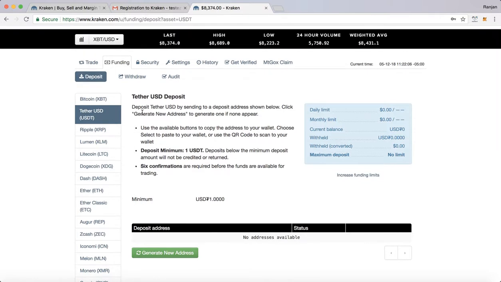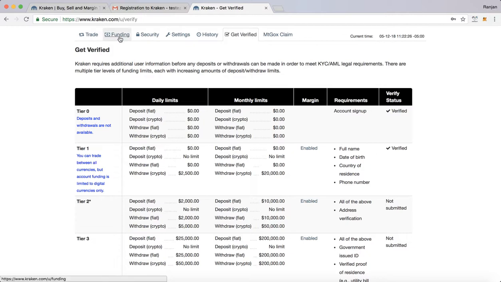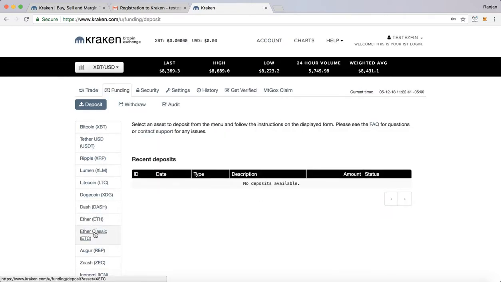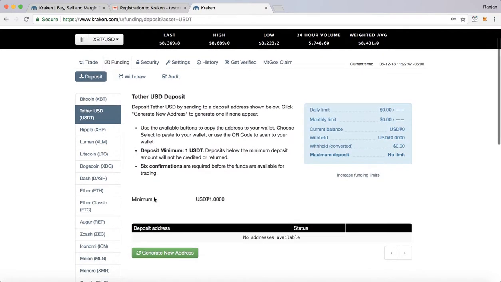Okay, so the USD deposit is not being shown here because you have not yet established the tier 2 and 3. So we need to wait until you do that exercise. So once you complete your account verification, you should be able to go back to funding, and here you should be able to see a USD value. Okay, and once you go back into funding and see a USD here, all you need to do is click that USD, and then you will